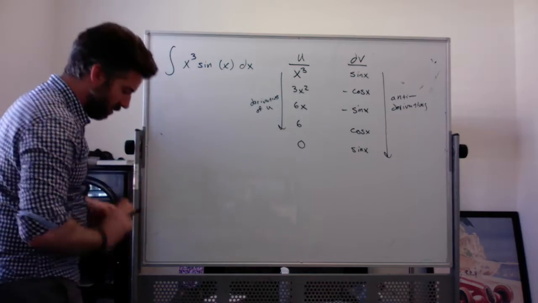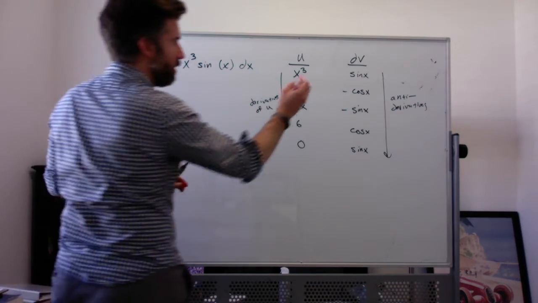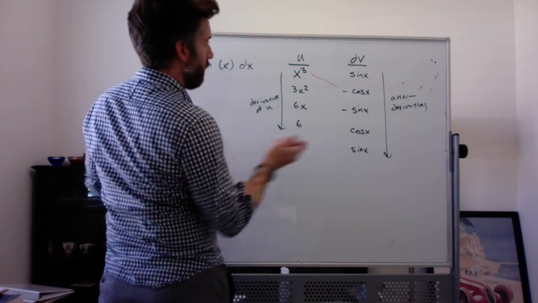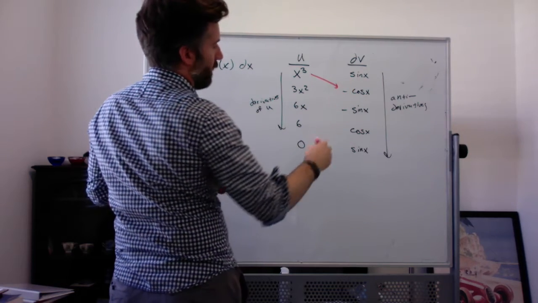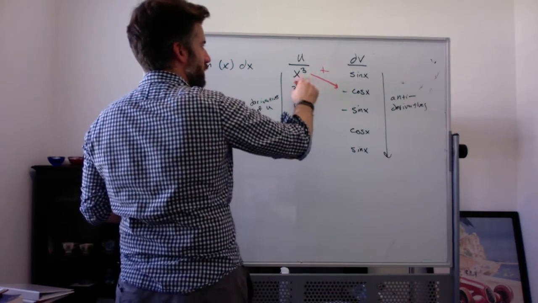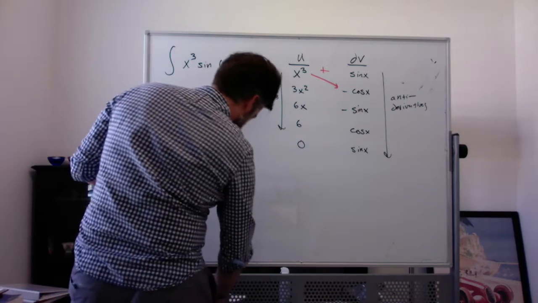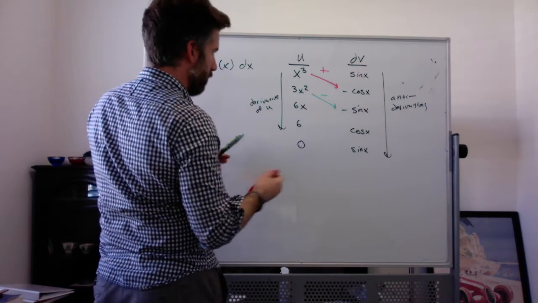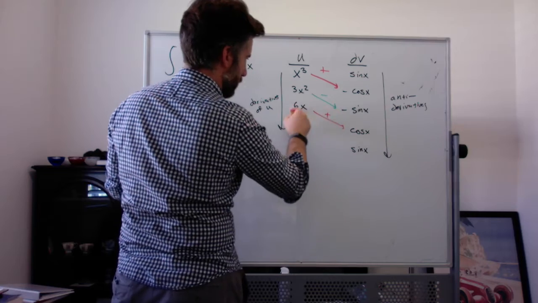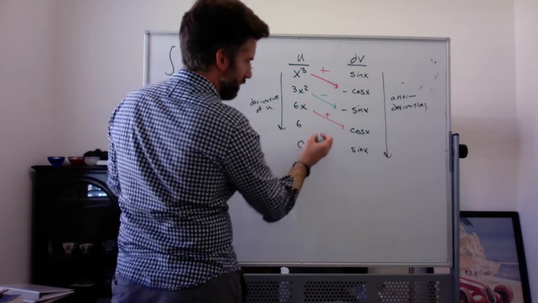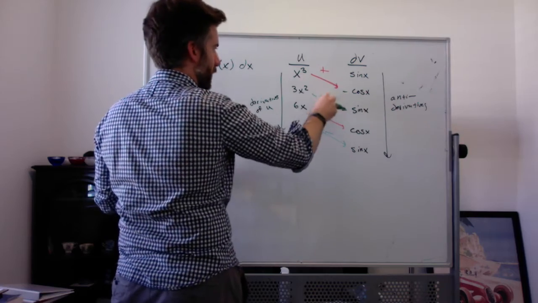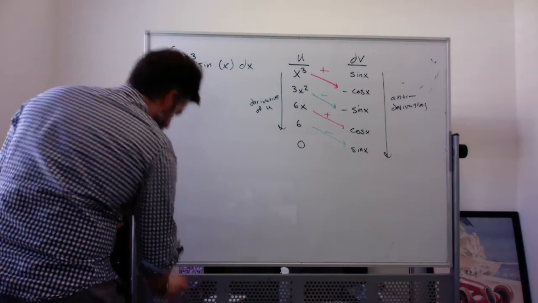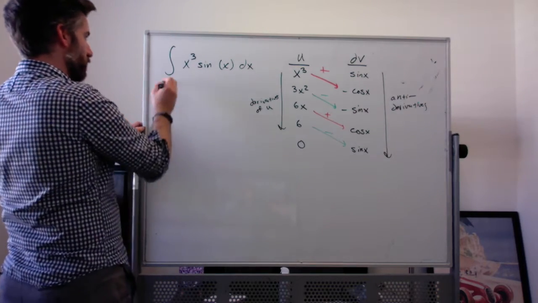Oh, and then we have to do one more thing. So every other one, I don't want to say it's positive, but it's plus this times this, and then minus this times this, and then plus this times this, and then minus, and it just keeps alternating. So it's plus this times this, minus this times this, plus this times this, minus this times this, etc. Okay, so then my integral is equal to